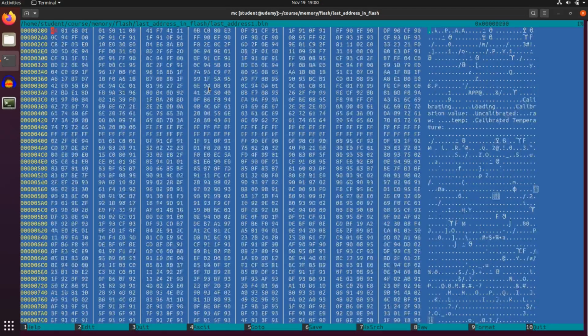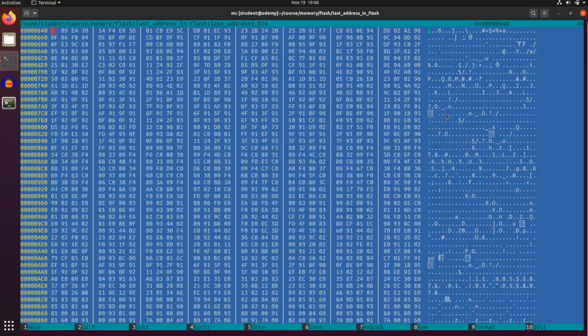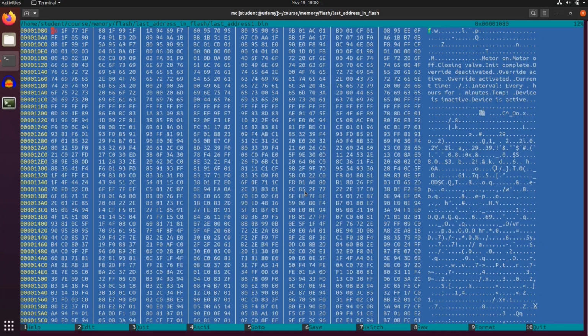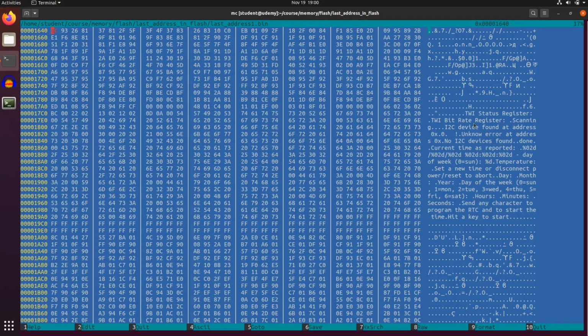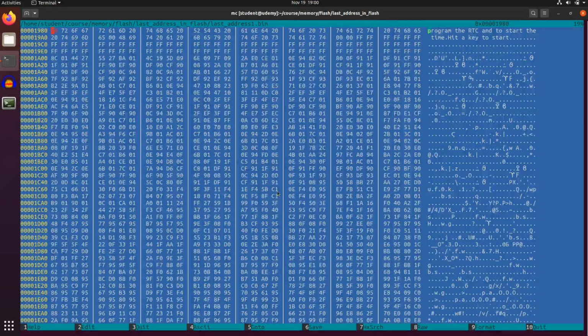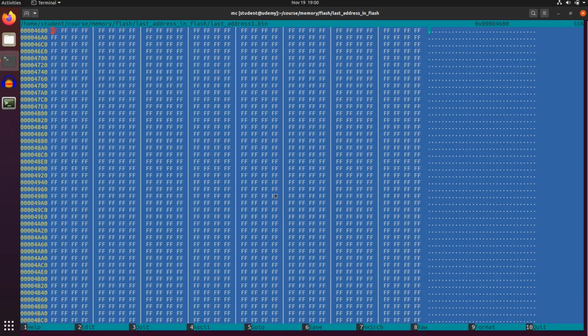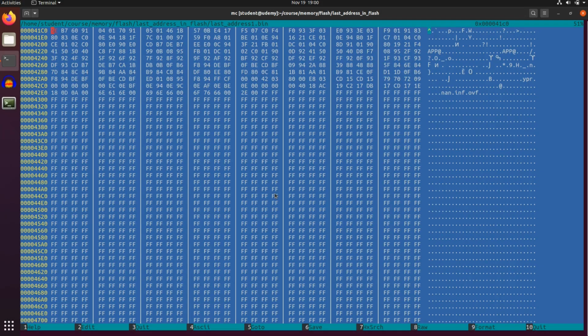So we see here more content. We see a motor on and motor off. This is from previous projects. Or here the TWI status register. When you rewrite the flash, it's not erased, but it's erased page-wise. And if we scroll down further, you see lots of blanks here. I never had a project that used these flash cells,